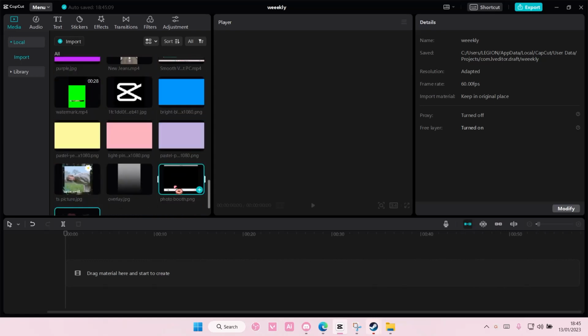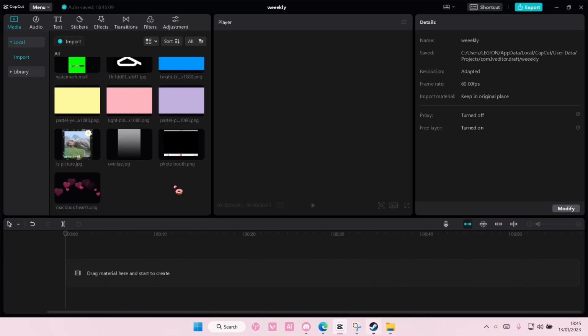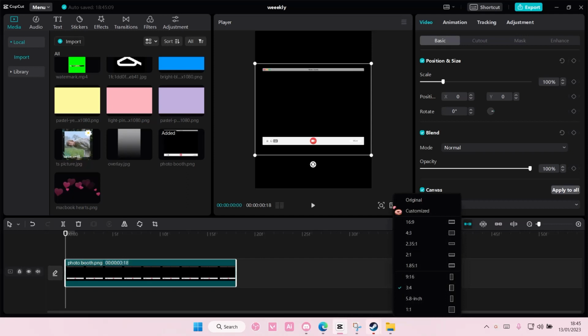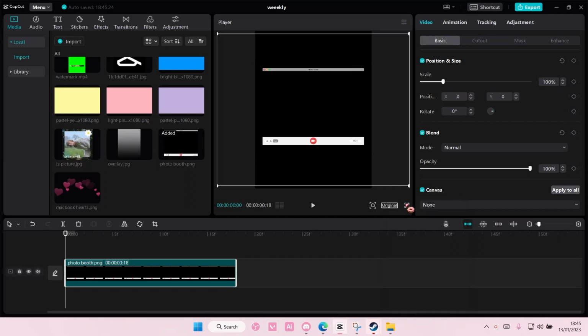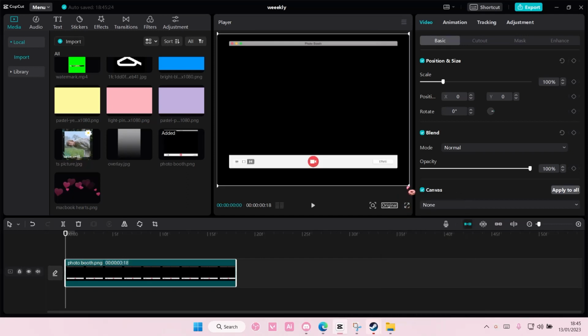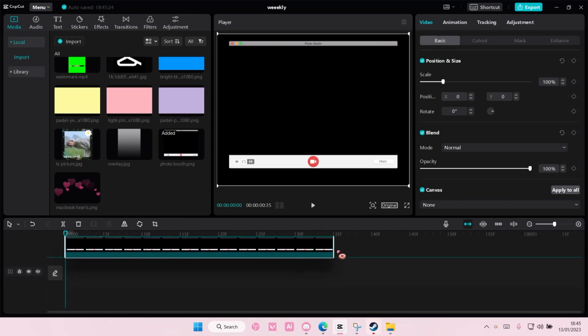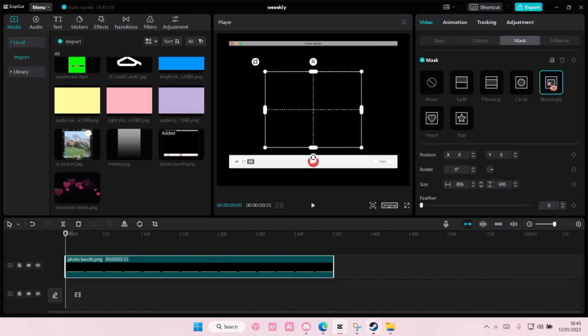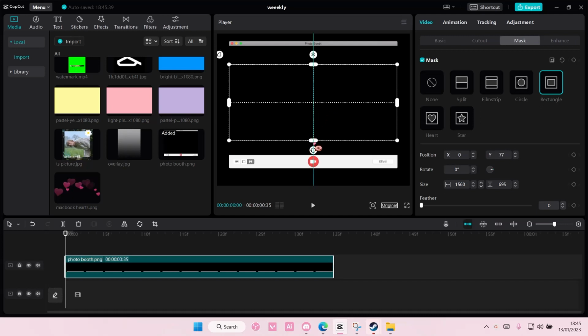In this video I'll be showing you guys how you can add this MacBook overlay on CapCut PC. So you are going to search this MacBook photo booth PNG on Google, and you're just going to select original for the size. You can add a background in later, but I'm just going to leave it like this for now. Well, actually you would want to add this as an overlay, and then I'm going to select mask, and I'm going to select rectangle, and I'm going to reverse it,